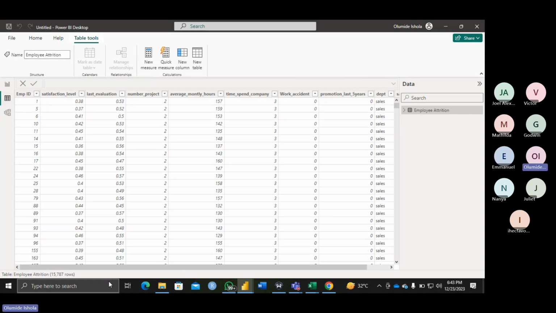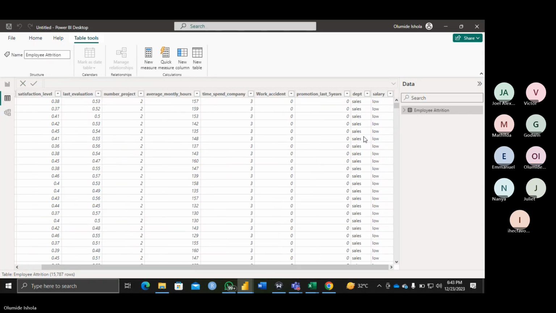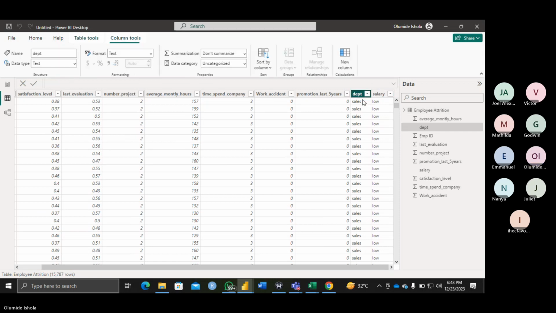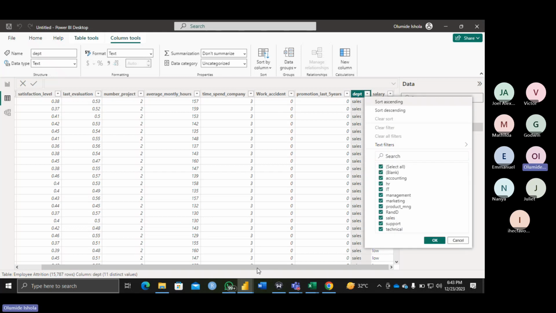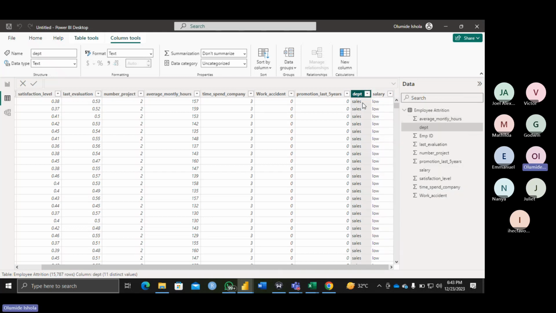So we want to look at the number of departments we have here. Department. Now let me tell you something. The reason why we have to count this is that you can see the sales department repeated countless times. So when you want to get the exact number, you have to know the exact